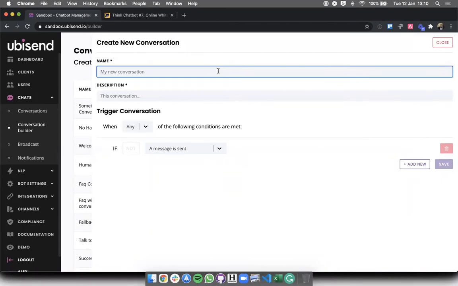So in here, you have to imagine that this is your HR chatbot. So you have a license to the ubisend platform. You're head of HR or HR manager or employee experience manager, something like that. And so within your ubisend platform, you will have not only this sickness leave conversation, but you'll also have many other conversations, which again, you can go onto your YouTube channel and you'll see all of the other ones we've been building. But for this specific one, what I'm getting at basically is you want to give these conversations quite a descriptive name. So for this one, we're going to call it